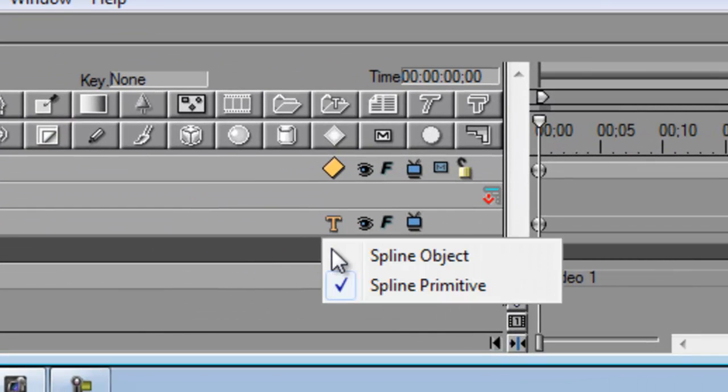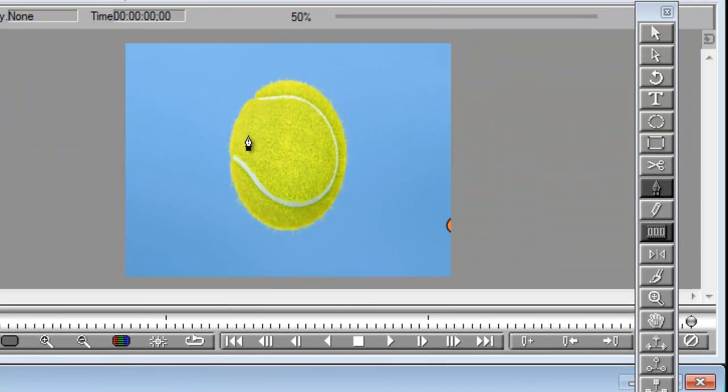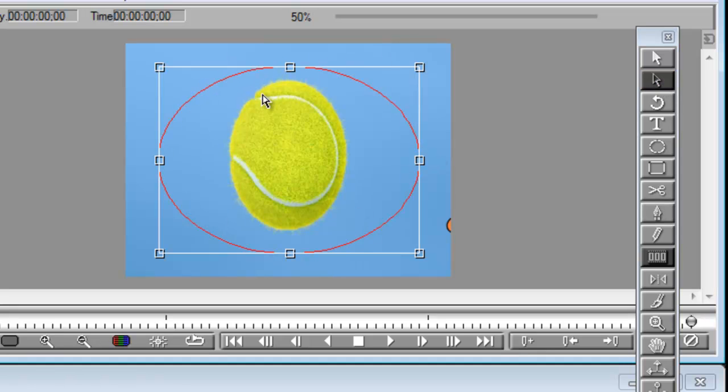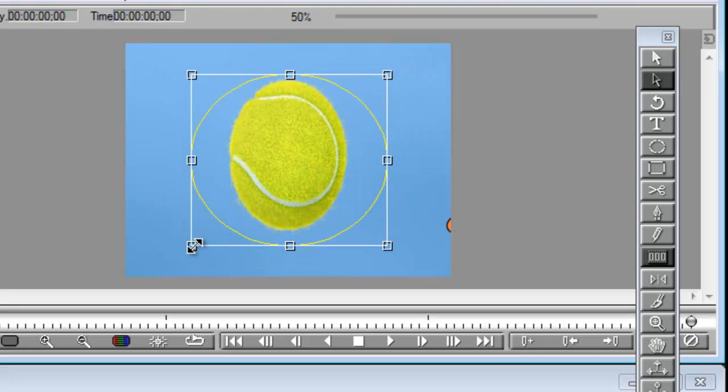Now you still don't see anything, because what we've got to do now is go back to the text path and go back to your pen tool. So go back to Spline Object. Now again you're saying, well, I still don't see anything. Well, don't panic. Go into your tool palette and go into the hollow arrow. If I click on hollow arrow, watch what happens. The circle appears, and here I can just